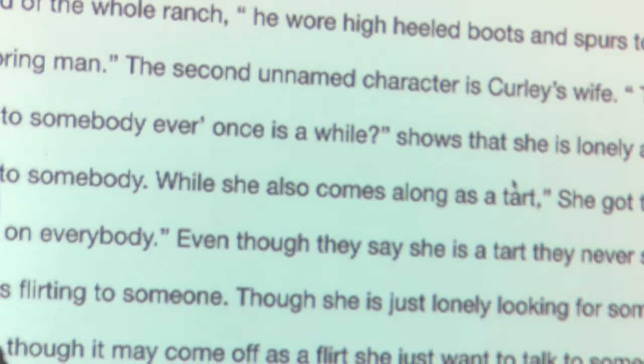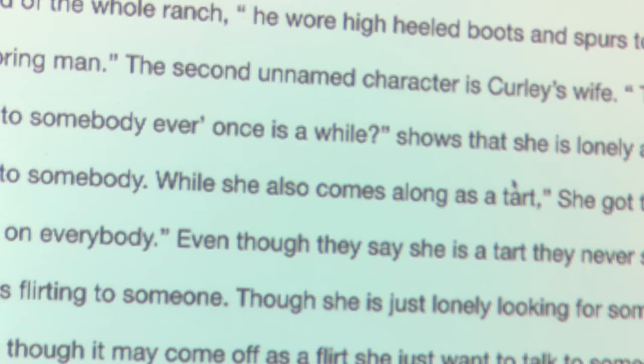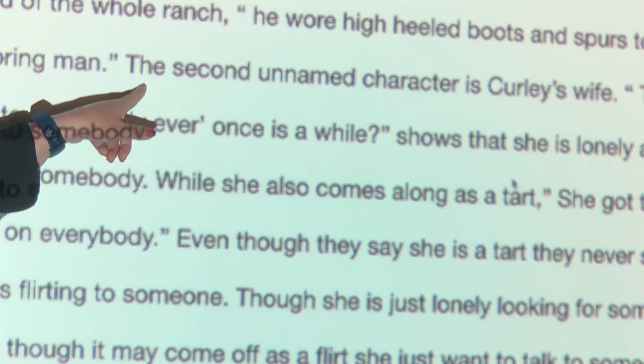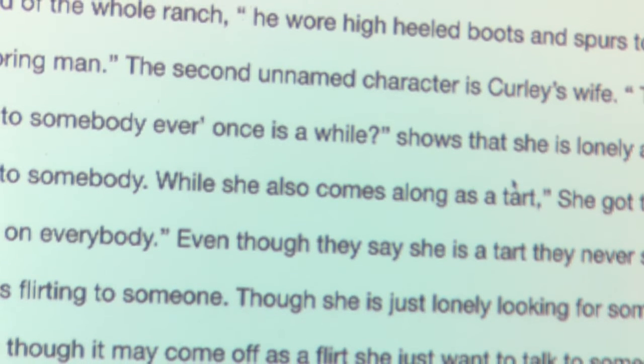Other than that, he brings a gallon of whiskey at Christmas. Like, that's it. Okay. So, after introducing the boss first, because she should have, he's mentioned first on her outline, now she's going to go in and talk about Curly's wife. And trust and believe, I changed that "the" to something else. "The second unnamed character is Curly's wife."